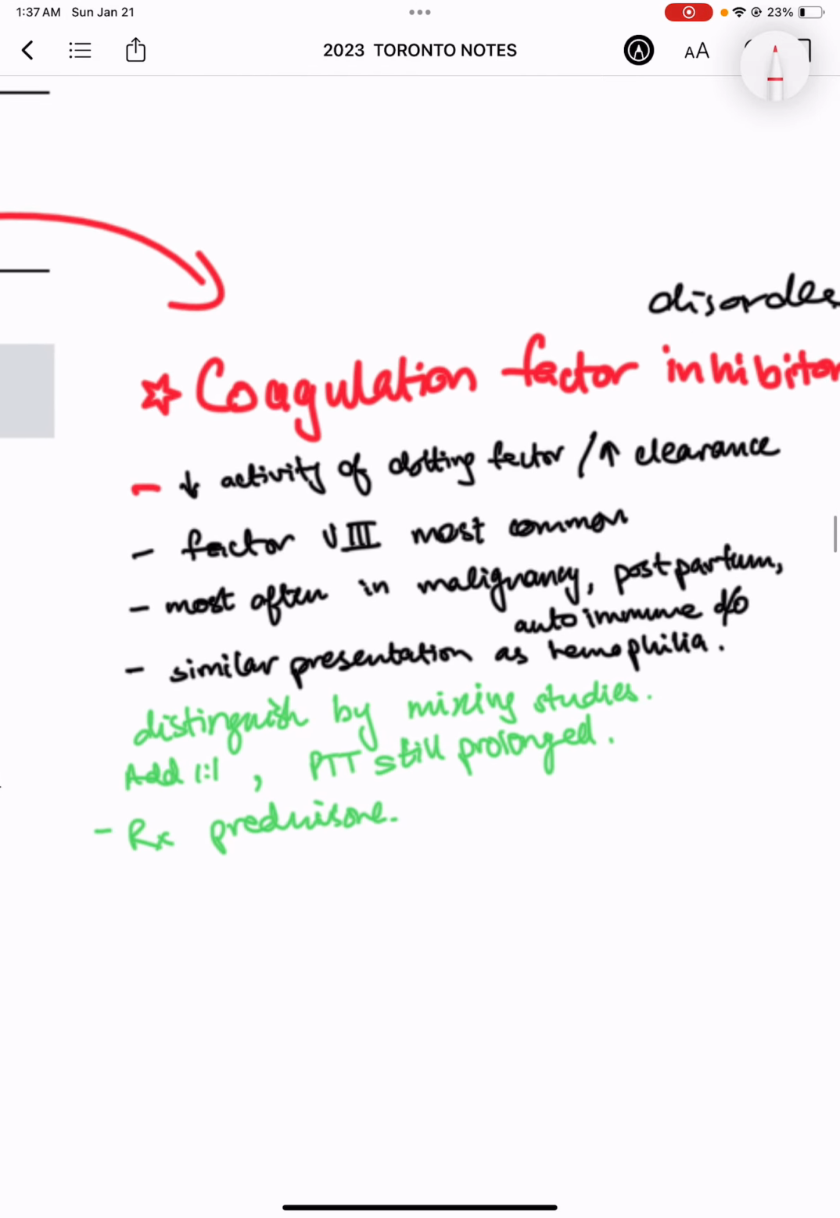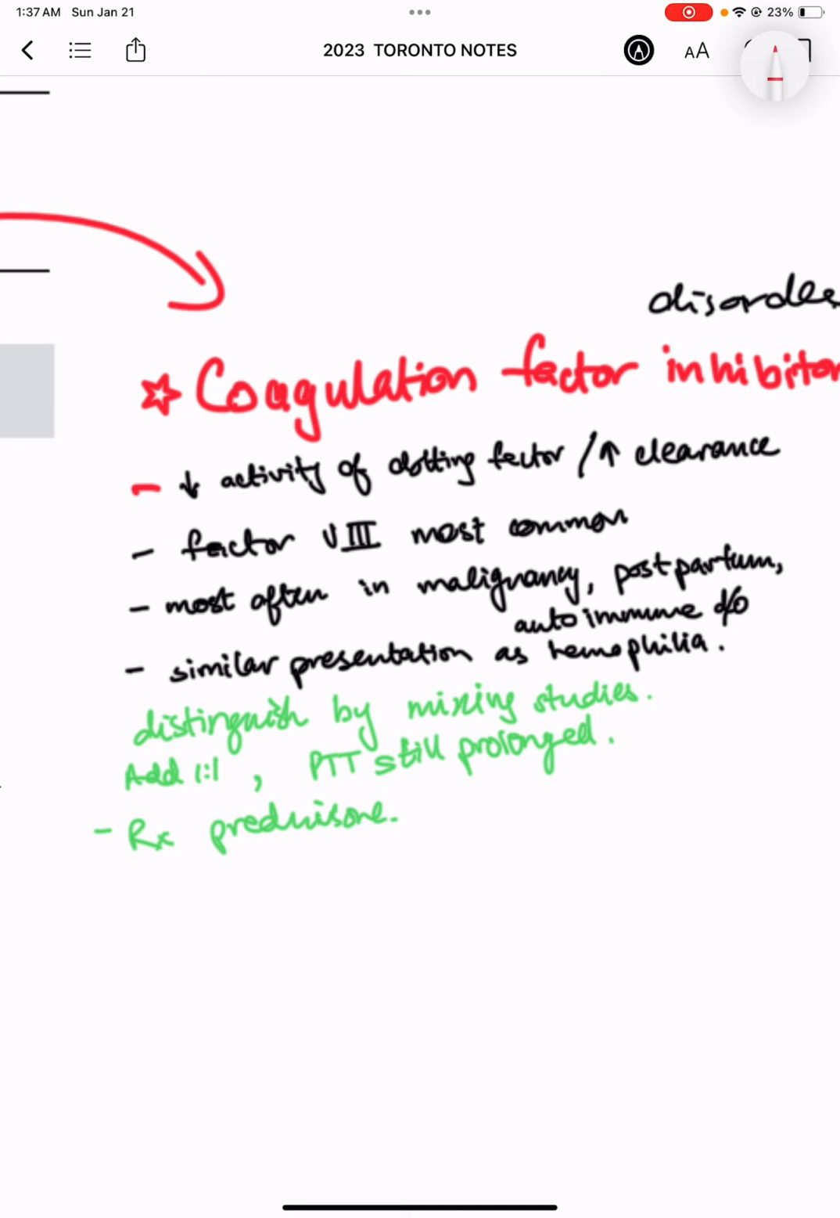Okay, so we're talking about inhibitors against the coagulation factors. It is most often seen in malignancy, postpartum, or autoimmune disorders. The presentation is similar to hemophilia, similar to factor 8 deficiency itself. We can distinguish between the deficiency and the presence of a factor inhibitor by taking a sample of